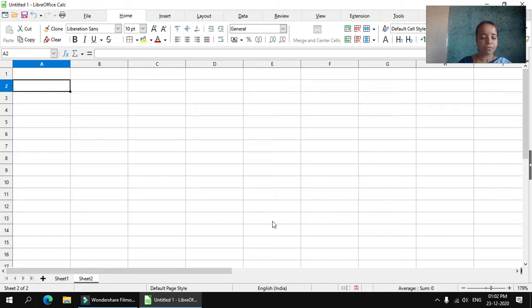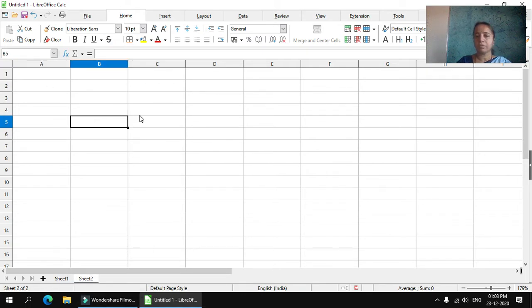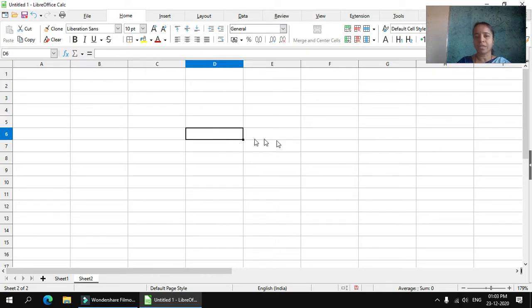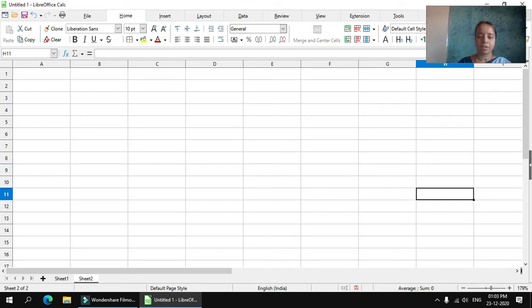Now come to the first row. First row and first column is A1. Here you can click anywhere in the cell and you can navigate. You can use the arrow keys to go up and down. You can use the tab keys.